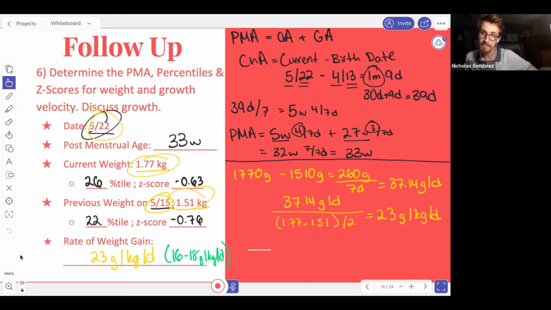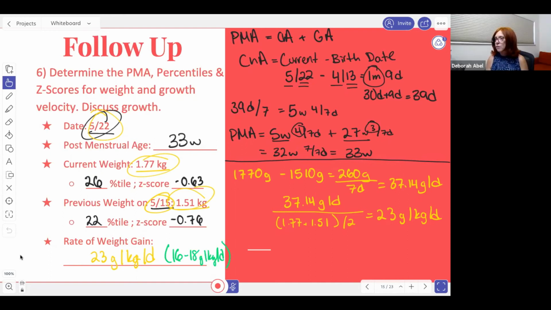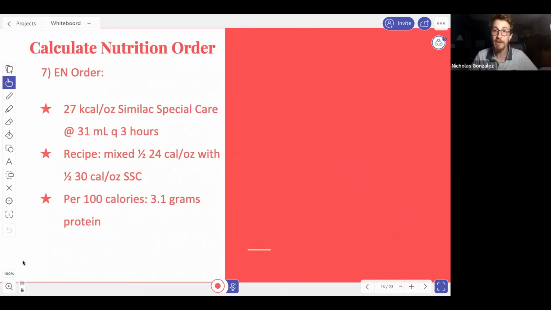Yeah. And if we were to look at their BMI, I didn't have you do that, but we could have gone into the Olsons and done a BMI and looked at the weight for length, but we don't have a length, so we can't do that. All right. Very good. Okay, so we're going to figure out what enteral nutrition order this infant was on